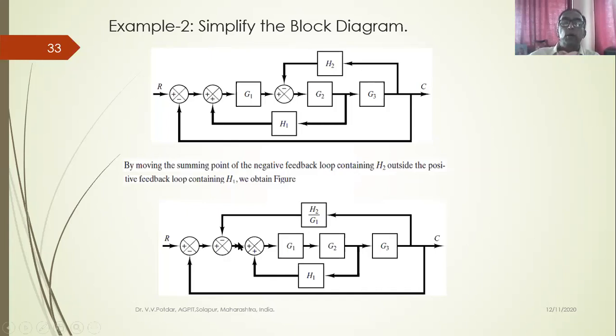Now, what can we do next? This G1, G2 can be combined together and we can solve this feedback loop so that I'll get one block here, isn't it? All the 3 blocks will be combined. This minor feedback loop can be eliminated. I can get one block. Now this block and this block can be multiplied so that I get one block in this feedback loop. This second feedback loop can also be solved. When this second feedback loop is solved, I can finally solve the third feedback loop. So this is how I should make use of various rules of block diagram algebra.